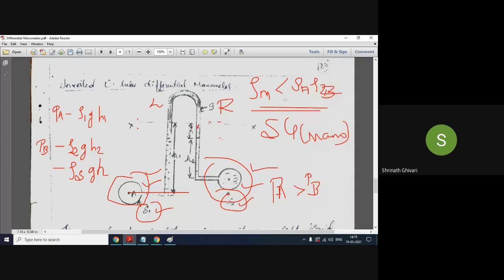See here. The manometric liquid is filled in this area. I have told you why I'm not using mercury: because it is a lighter liquid. I'm using a manometric liquid. The level will be this one, XX, the datum line. The difference in the manometric liquid level from the left limb to the right limb is H. The manometric liquid has come up to here in one limb, and in the left limb it is here. So what is the difference? H. Understood? So that is rho S g H.